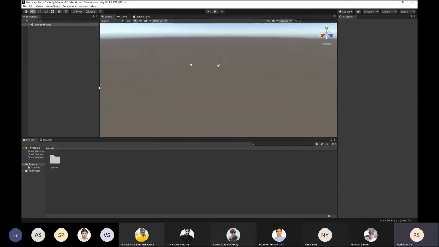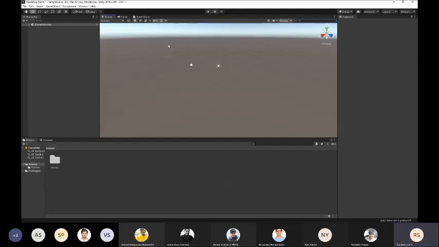So our Unity window is now open. When you create a new fresh project in Unity, this is what you usually see. I'll explain all the different windows over here. I'll start from left and move on to the right. Let me start from the scene view first, because that's the most basic.